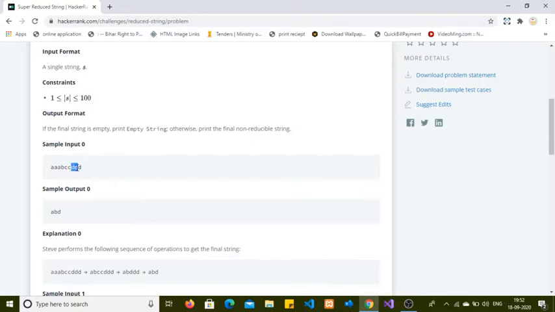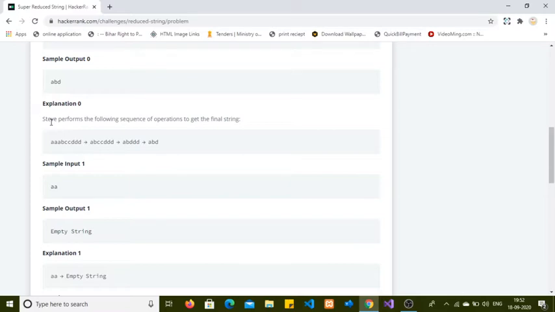Then again we'll check the d's; both are equal, so we'll again remove these characters from the given string, and finally we have unique characters in the end, a, b and d. We'll compare b and d at the end of the operation, and both are not equal, so the left string is abd, which we can't reduce anymore, so we'll return abd.